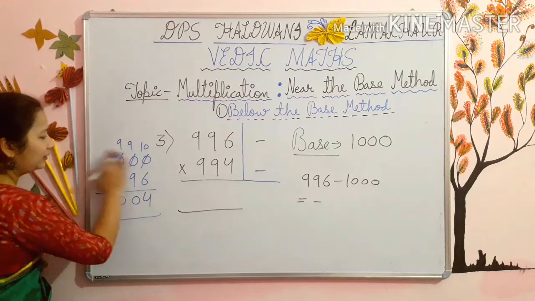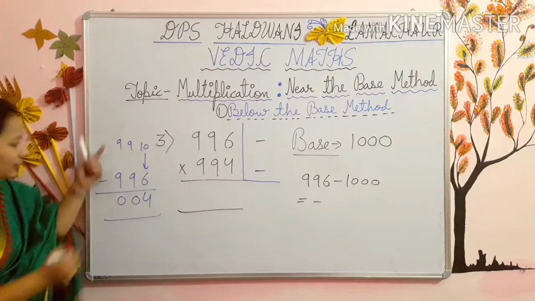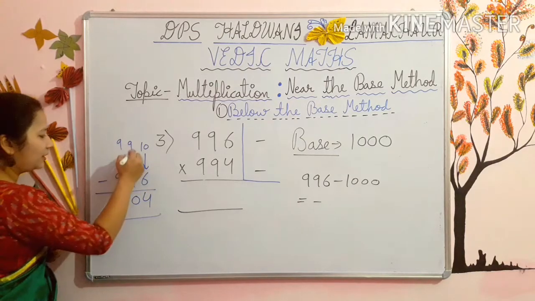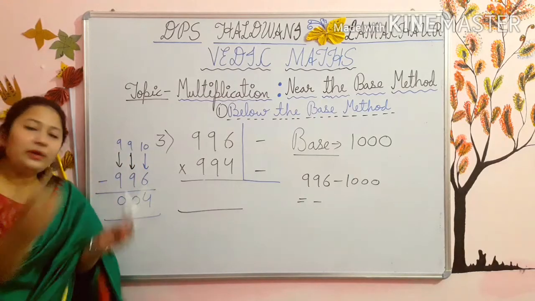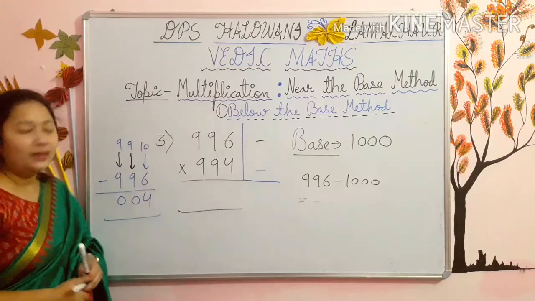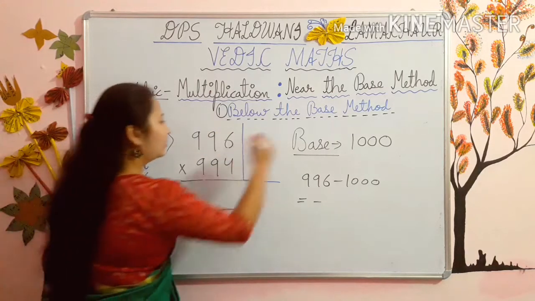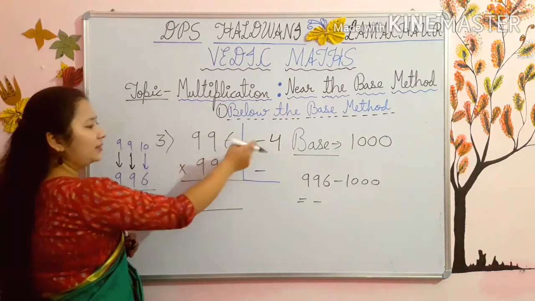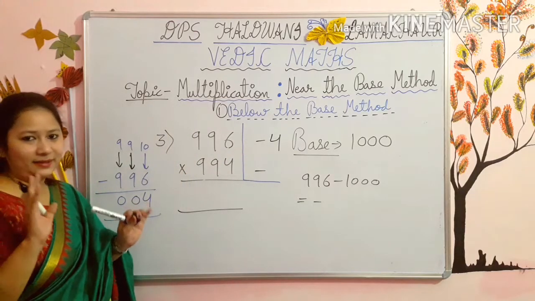Like, if I will rub this, then can you see that your last digit is getting subtracted from 10 and other digits are getting subtracted from 9. So this you can do orally also directly here. See, last digit you will subtract from 10. 10 minus 6, 4. And others from 9. See, 9 minus 9, 0. 9 minus 9, 0. 0 means nothing.